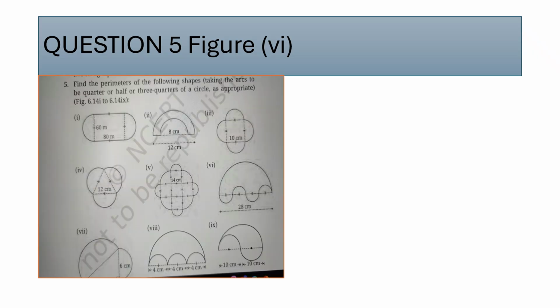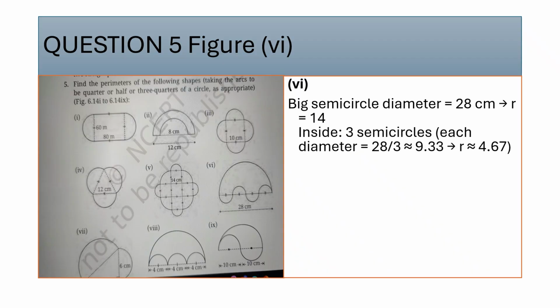Next, figure number 6. Now looking at figure number 6, it is a big semicircle diameter. Can you see that? Which is again 28 centimeters, the diameter. What will be the radius? 14 centimeter. Students, can you see the number of semicircles in each diameter here? You will find there are 3 inside. Okay, there are 3 semicircles each, so it becomes 28 upon 3, which will give you